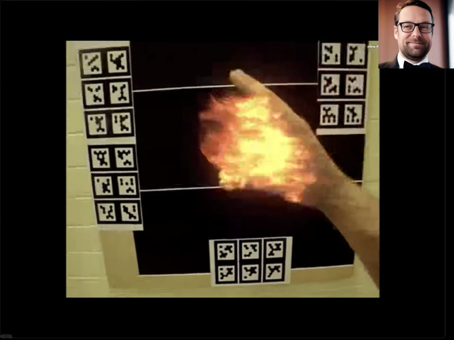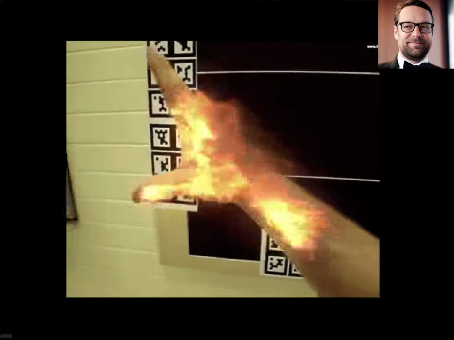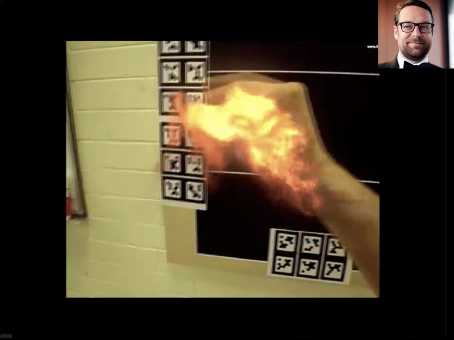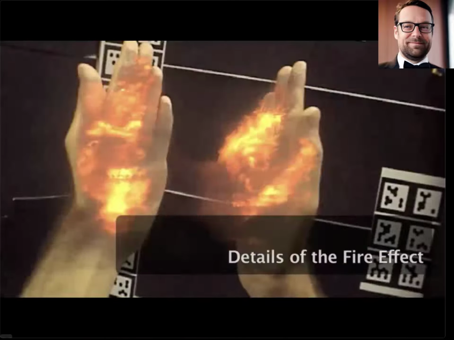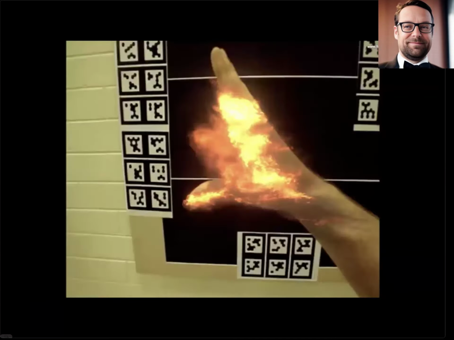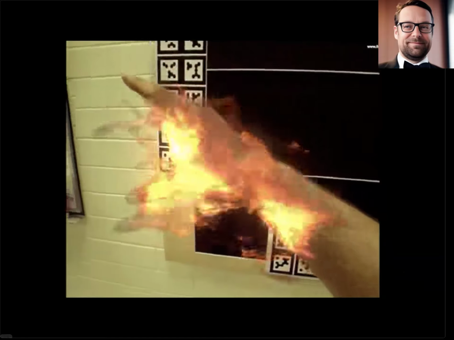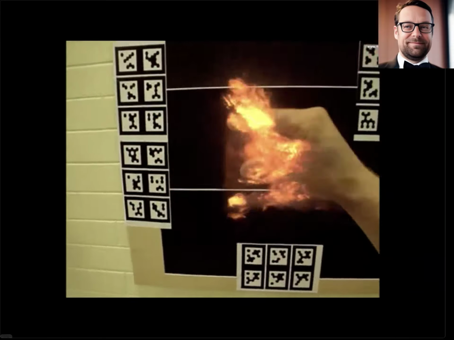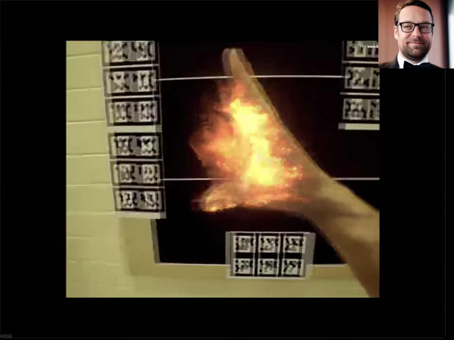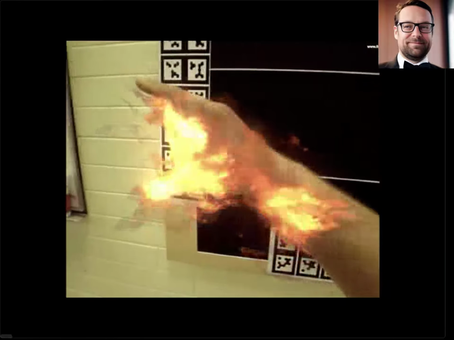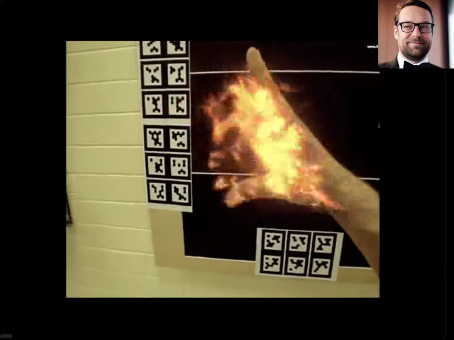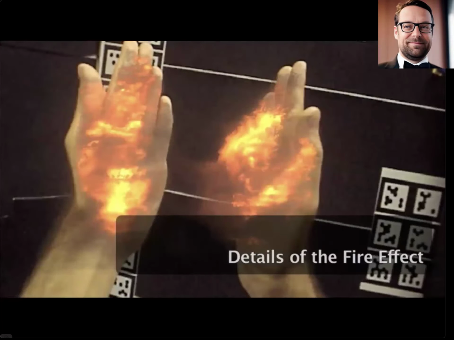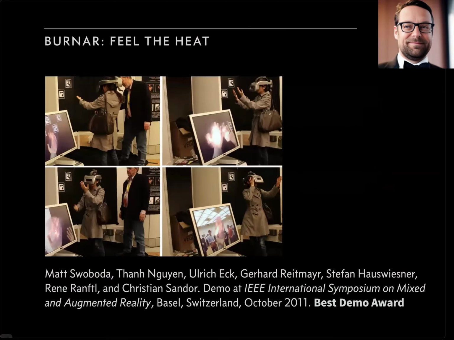You can see this is a very sophisticated demo, because in real time we need to do a 3D hand reconstruction, and also a real-time fire simulation. In 2011 there were not so many depth cameras, the Kinect had just come out, so it was very challenging to make this happen in real time. You can see this is really high fidelity: as the fingers move, you can see the vorticity of the fire. It's a lovely smoke simulation running in real time with about 1 million particles, so it was technically very challenging.